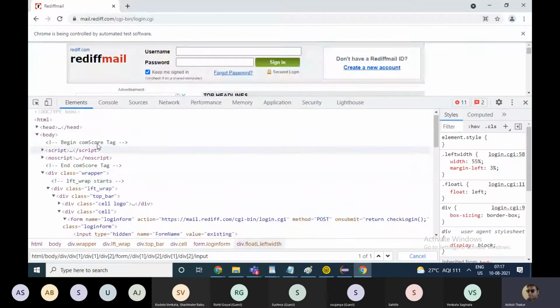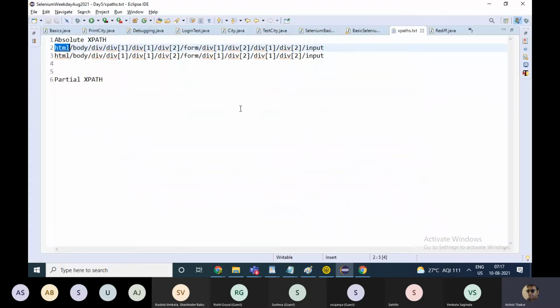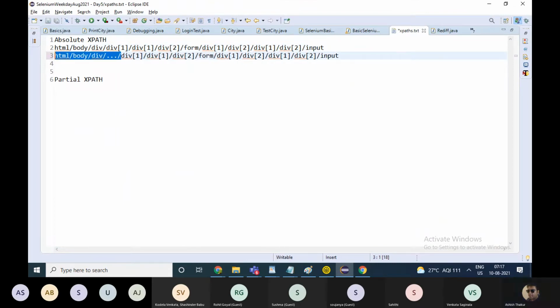If something changes on the web page, maybe a new division tag is introduced in the very beginning, then all the absolute XPaths will change.